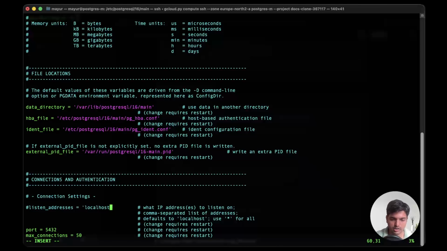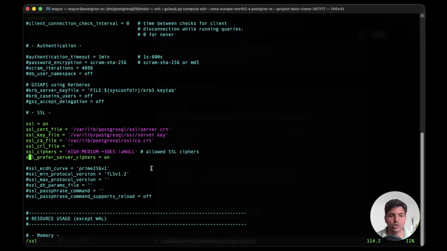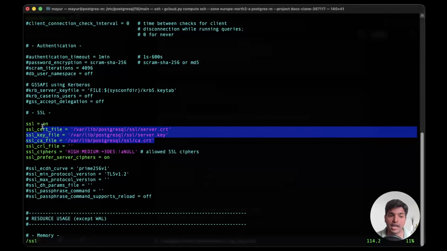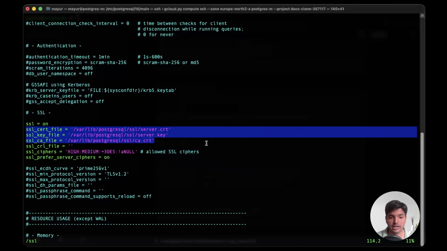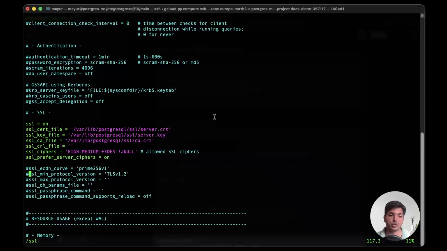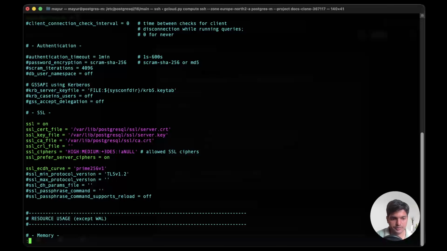Here I will paste in this, and now I will search for the SSL. Okay, so I've got the SSL configurations. Let me just uncomment these, and you want to replace the file path with the path where you have these files newly created, right? In your case it might be different, so you have to make sure to change that. Okay, so all these configurations are done. Let's just save this file,